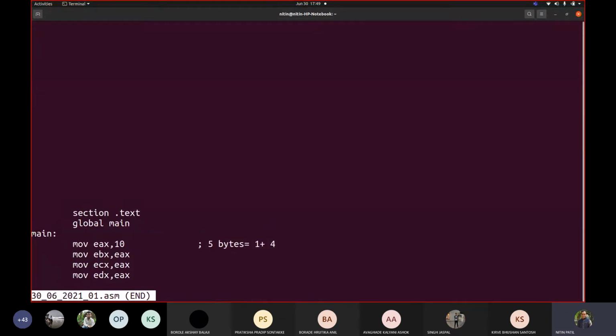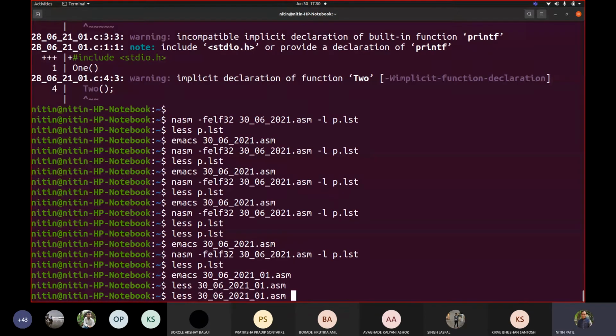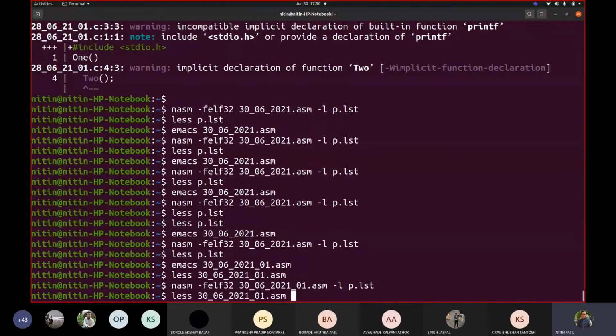See this code one more time. So we had the first instruction as it is. I am only moving this EAX to EBX, EAX to ECX, EAX to EDX. Let us see now what happens. Okay, so again, let us go with NASM. Let us make this as _1. Let us open that listing.